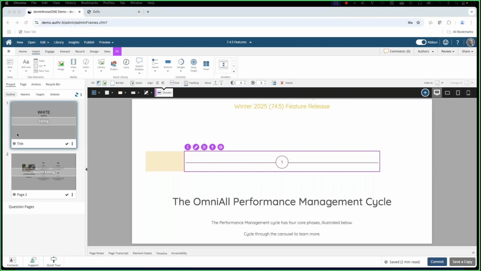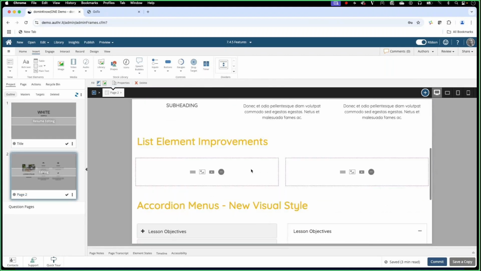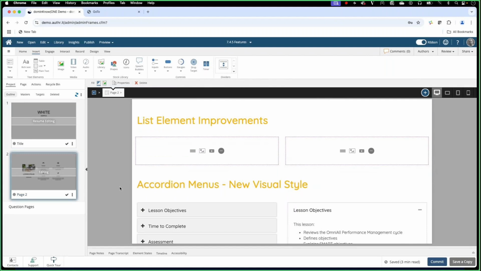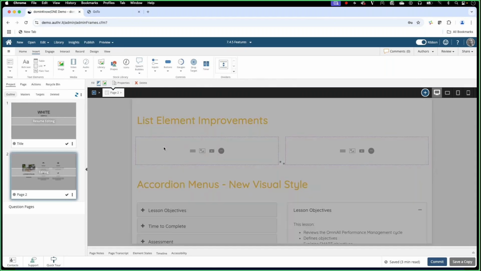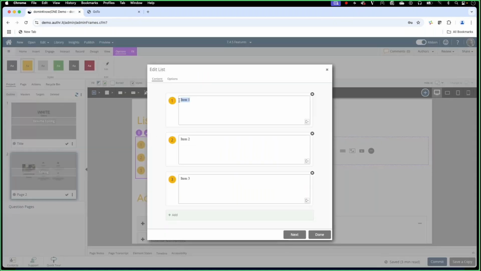One of those things is that we have an element that you can add to your page for stylized lists. You can, of course, add a bulleted list or a numbered list to any content that's in a text element. But in addition to that, we have these stylized list elements. What's new here is that we can actually choose a preset styling option as part of adding the list. So maybe let's add a styled numbers list here. And then to edit the list content, we pop in here.